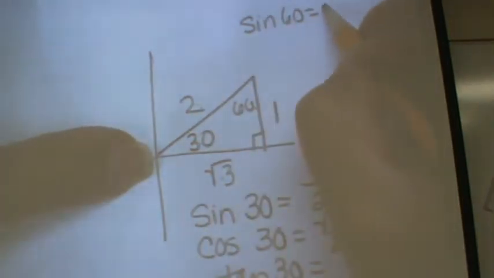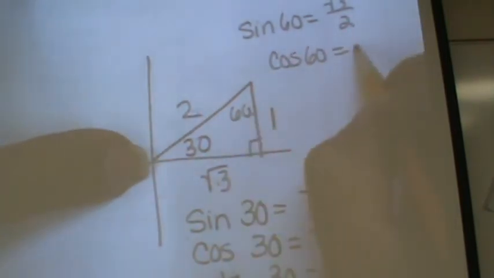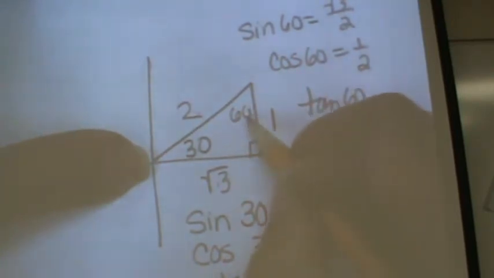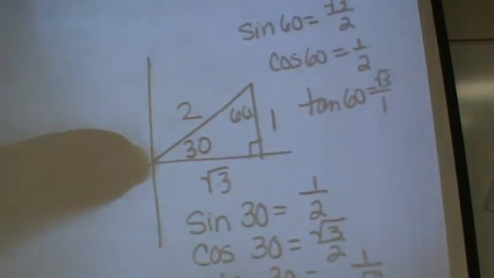If I say, what's the sine of a 60-degree angle? Sine of 60 is opposite over hypotenuse, so root 3 over 2. What's the cosine of 60? Cosine is adjacent over hypotenuse, 1/2. And what's the tangent of 60? It'd be root 3 over 1. Did you guys ever do that? Yes. Okay, now the other thing you need to know is on your unit circle,